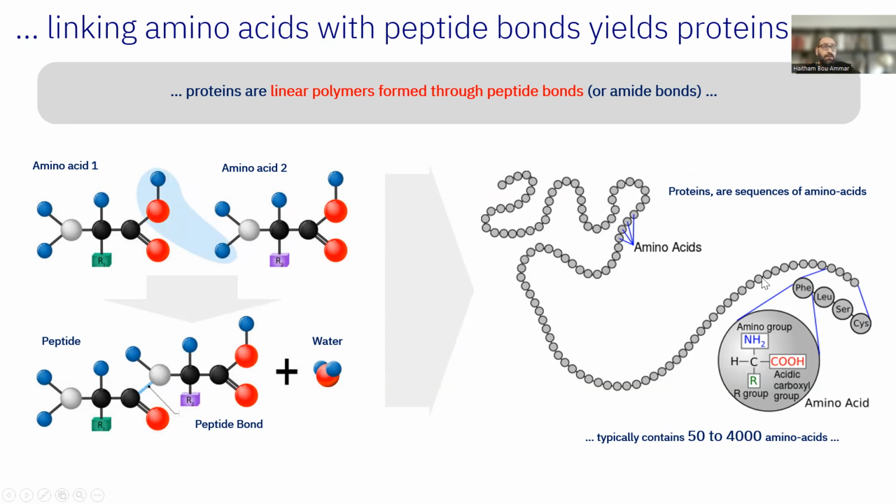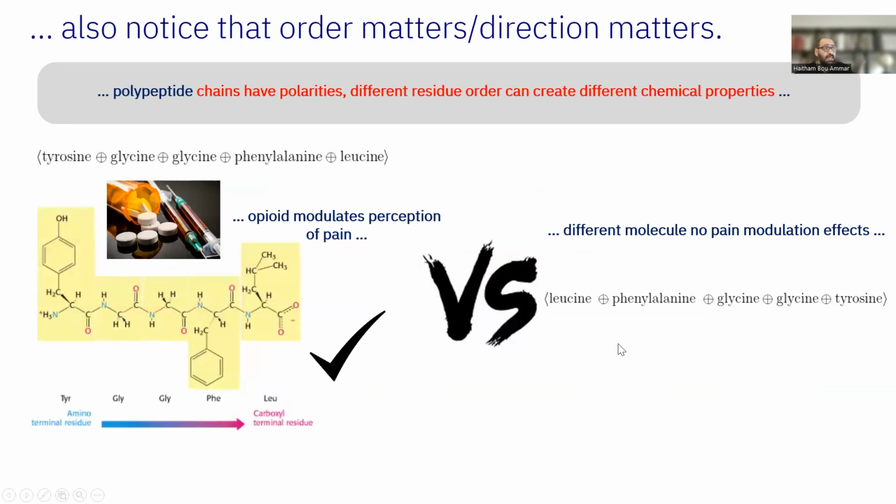And now this can happen often, across many times. And then that will form for us a polypeptide chain, which will form the protein. Typically, there are 500 to 4,000 amino acids in sequence. Right. And now please notice that the order in which these amino acids appear actually matters, because like I show